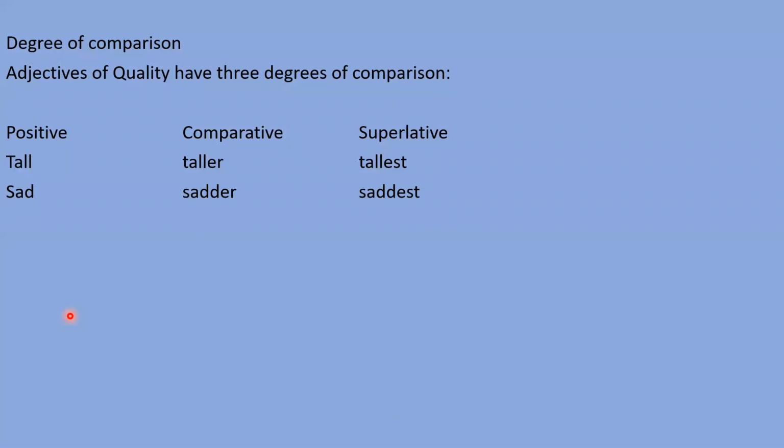If our last letter is a consonant and before the consonant there's a vowel letter, we need to double the last letter, like sad, sadder; double D should be mentioned there. And if our last letter is Y and before the Y any consonant is there, we should add IER and we should remove Y, right? In the same way, IEST for superlative.